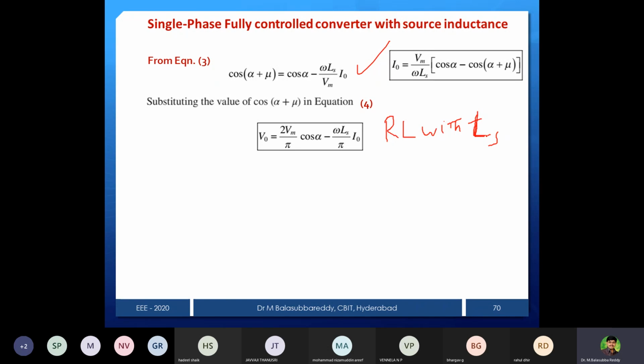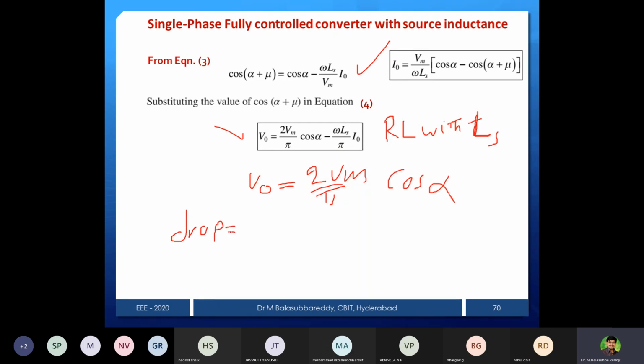If I consider only the RL load, V out is 2 Vm by pi into cos alpha. Now you compare these two. What is the drop now? You can easily